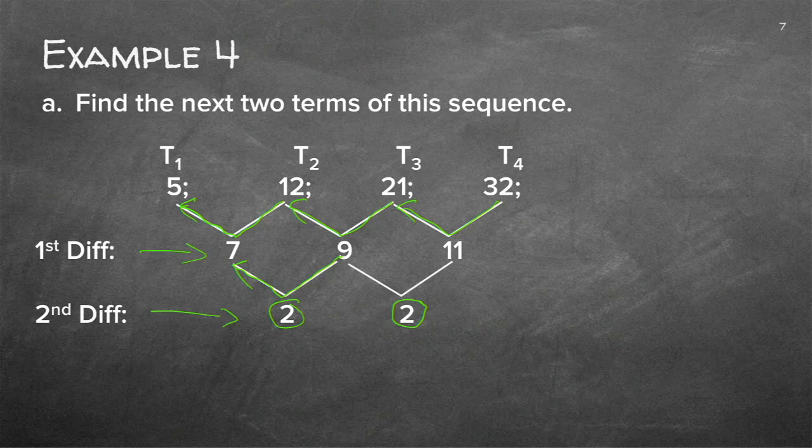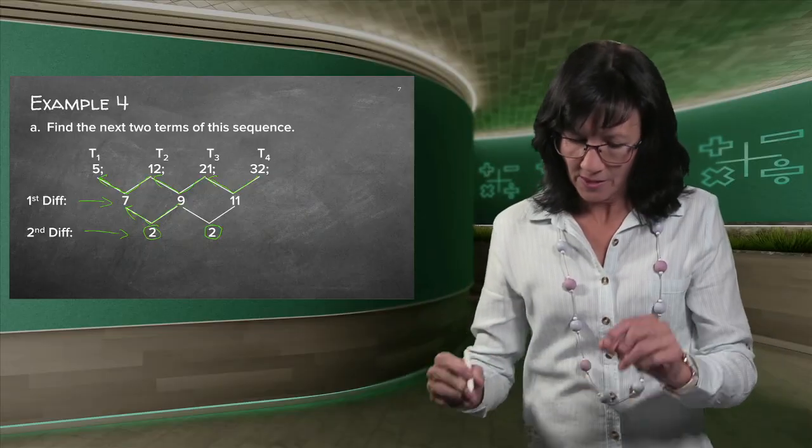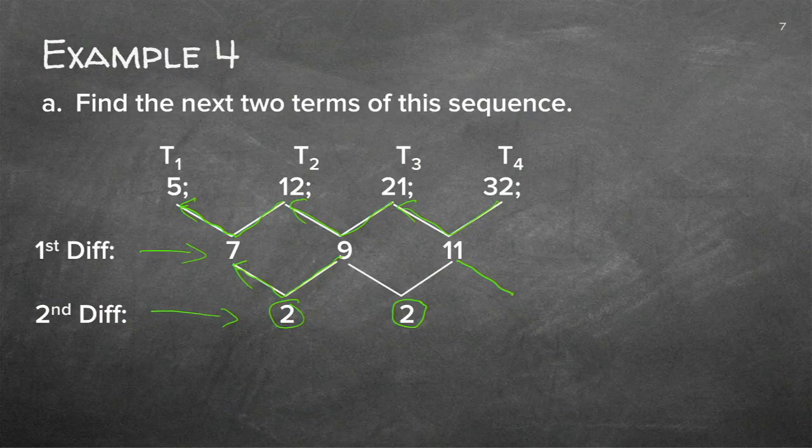So for this, you need to work a little bit backwards, because the only thing you know for sure is that the second difference is the same. So if I can now do this, and I can put a 2 here, look what happens here. 9 plus 2 is 11. 7 plus 2 is 9. 9 plus 2 is 11. So what do I do here? 11 plus 2 is 13. But they want the next two, so I'm just going to carry on a little bit. So I'm going to do another one there. So I'm working from the bottom upwards, because the only thing I'm sure of is the bottom.